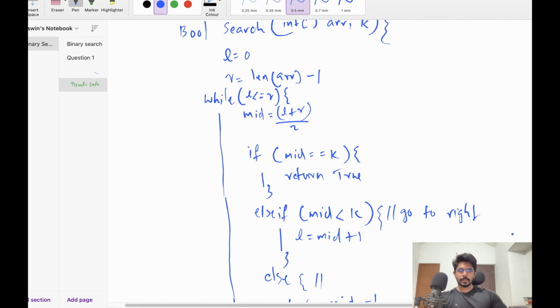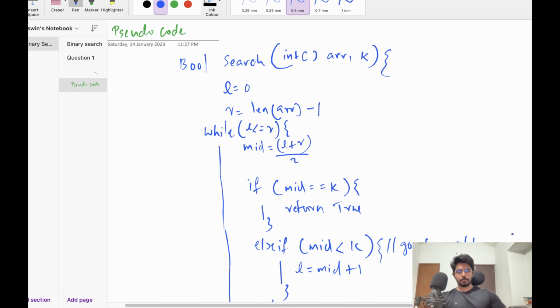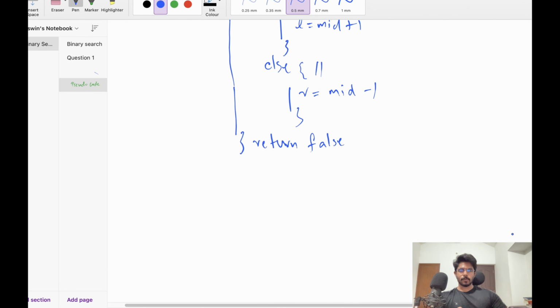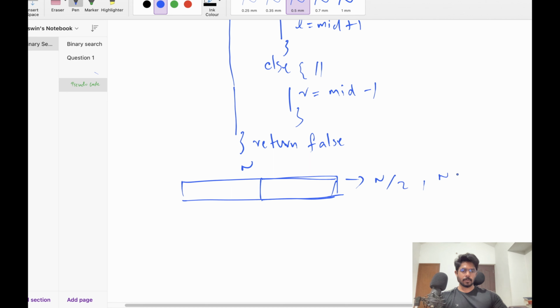Now we still have a question remaining. Why is binary search more efficient than a normal iteration which involves a time complexity of n? So here is the answer for that. So every time, suppose we have n elements, right? So every time we are discarding n by 2 portion of the elements, and we are searching for only the half portion of that. So initially we are searching for n by 2 elements, then that is divided into 2, n by 4 elements, then we are searching for n by 8 elements, and so on,